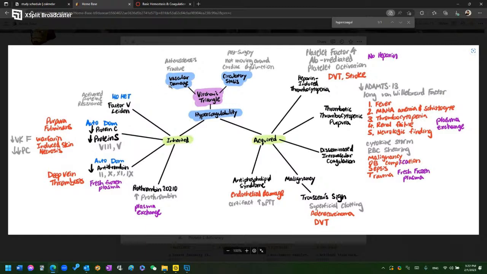It can be damage to your arteries, right? Or it could be, which is normal, honestly, but you could have a lot of damage, which would cause a lot of clotting. You could have a problem where your blood is not moving as much as it should be, and then that will increase